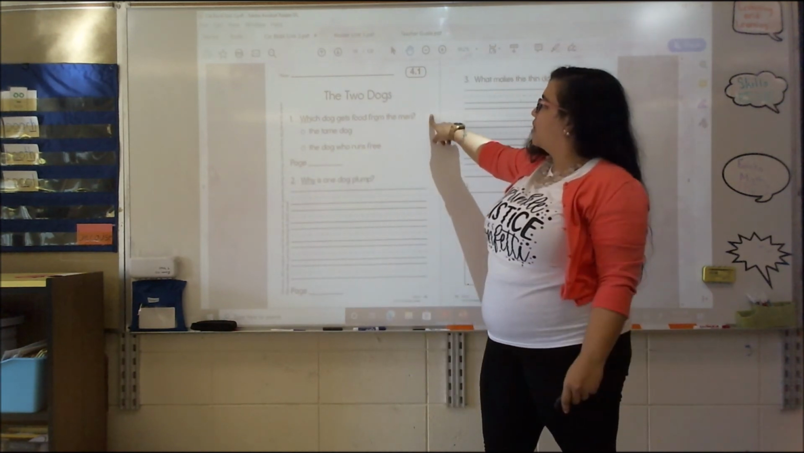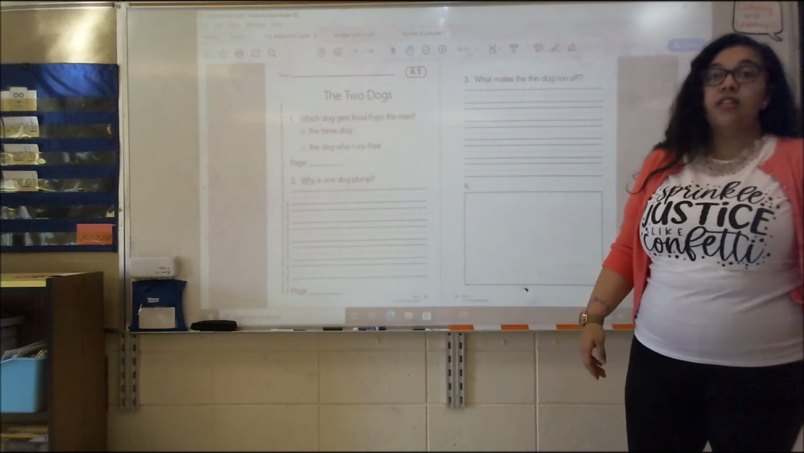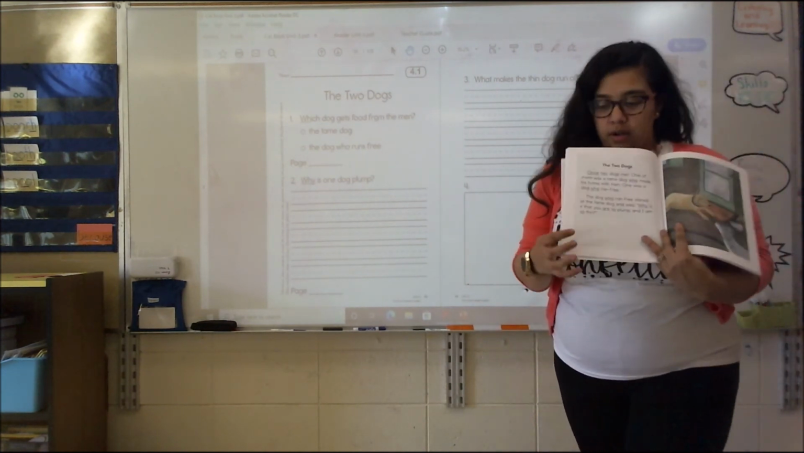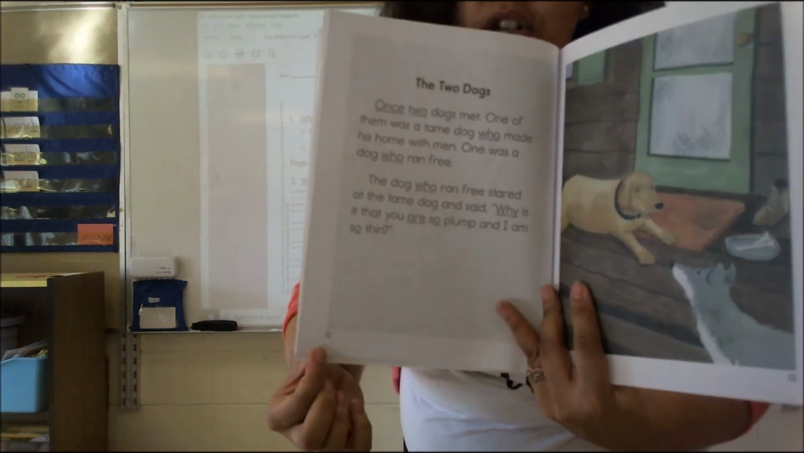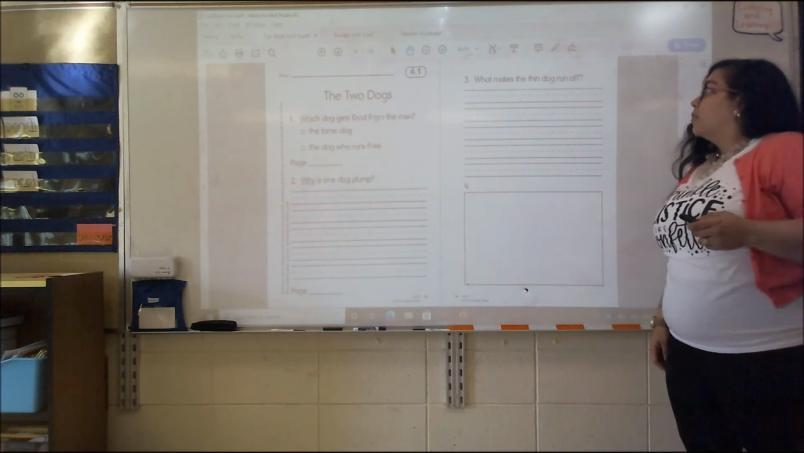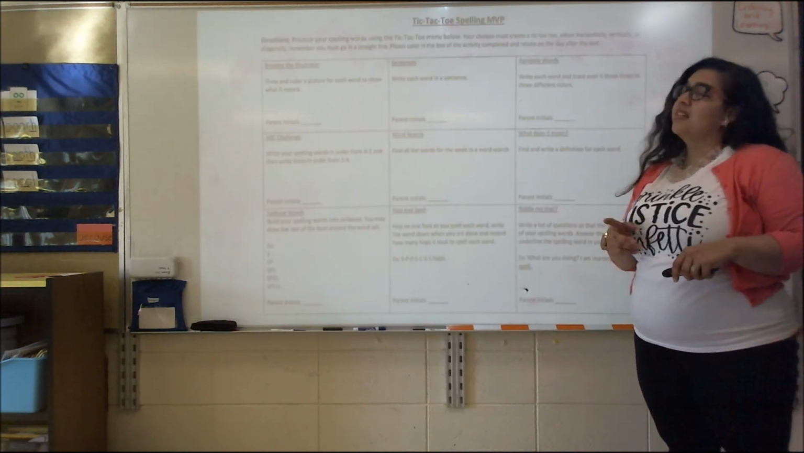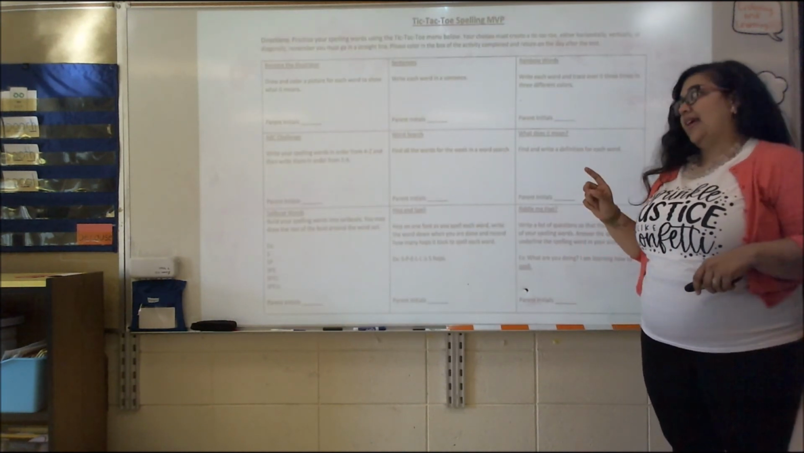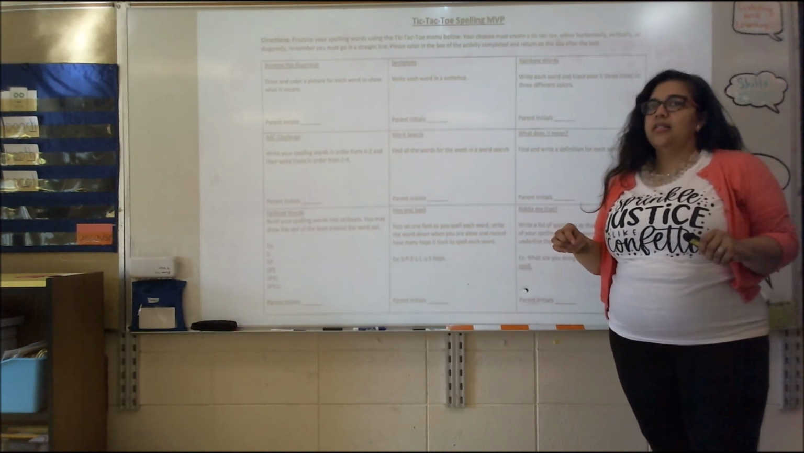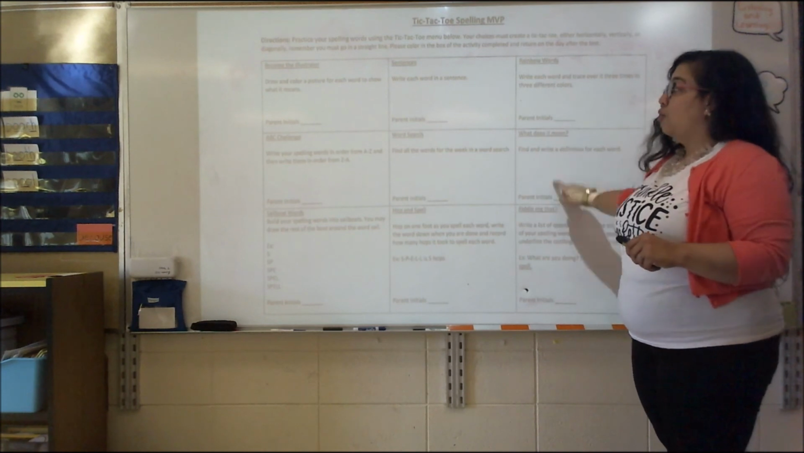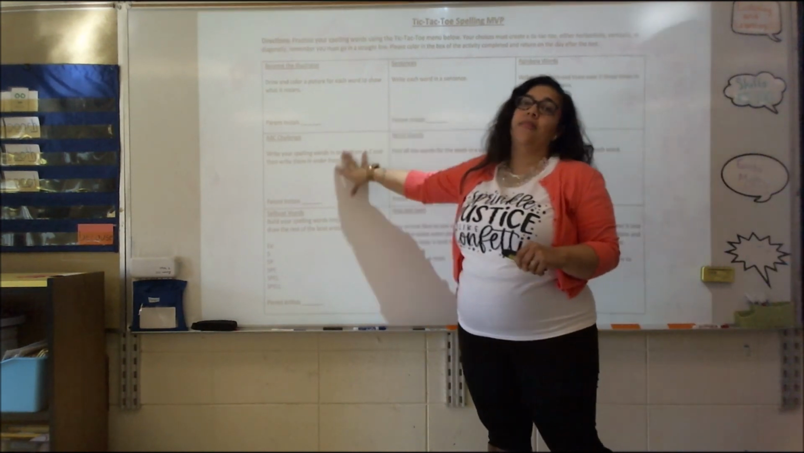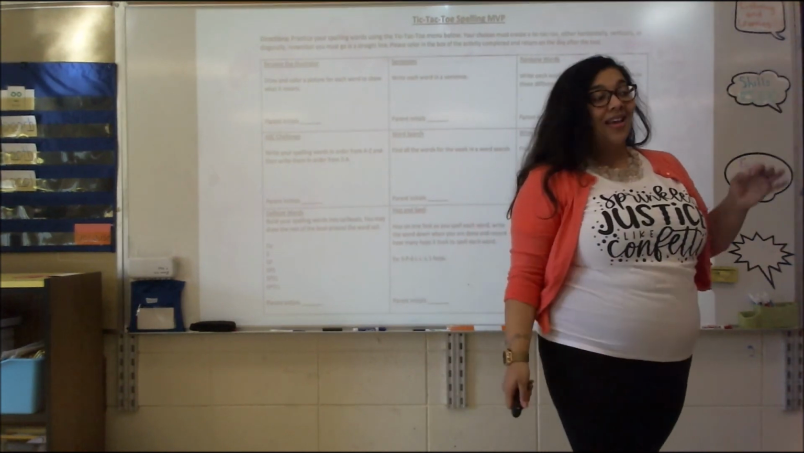So which dog gets food from the men? Well, somewhere in this story, you're going to find the answer. And within that story where you find the answer, there will also be a page number where you got that information from. I need that too, guys. Okay? Now, today is Thursday. You do not have a dedicated assignment for this, but I strongly suggest you use your grid of options. There's 9 different options you can pick from to practice your spelling words,